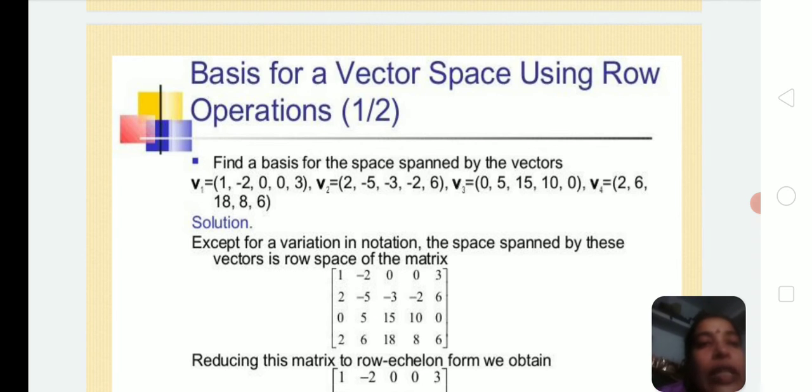Solution. Except for a variation in notation, the space spanned by these vectors is the row space of the matrix